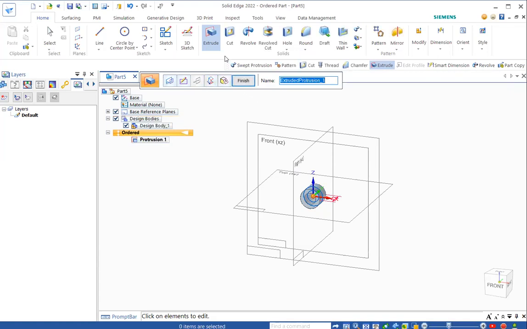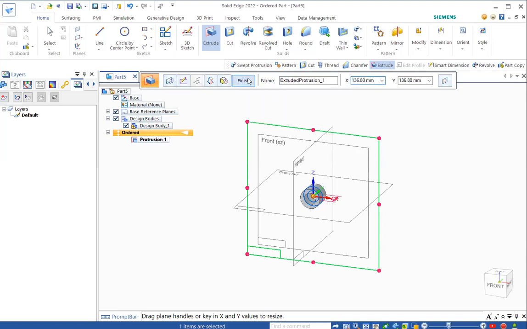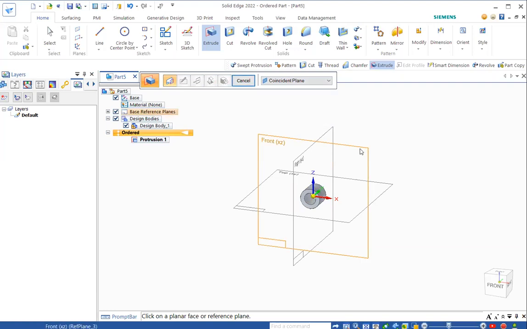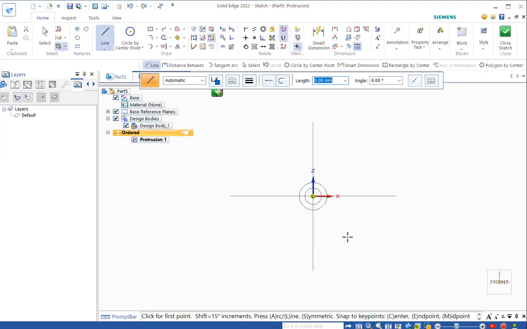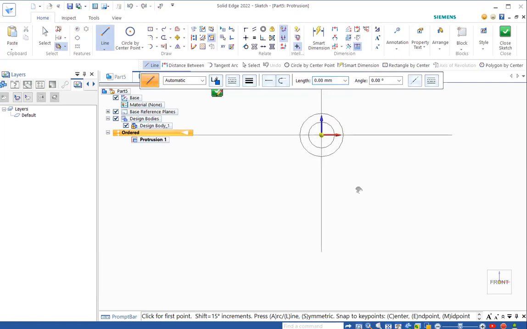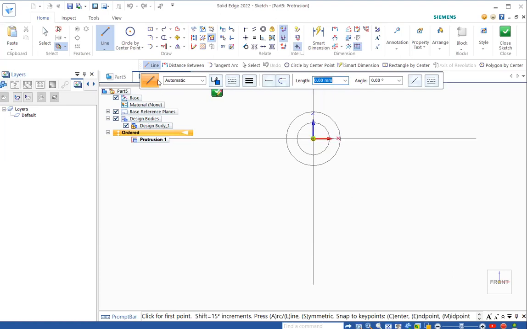The next is to continue extruding by clicking on the front plane. Click on Finish first and click on the front plane. This time, we're going to draw a shape using the line first, to the edge of this side, and drag it down by entering 25 millimeter. Click,